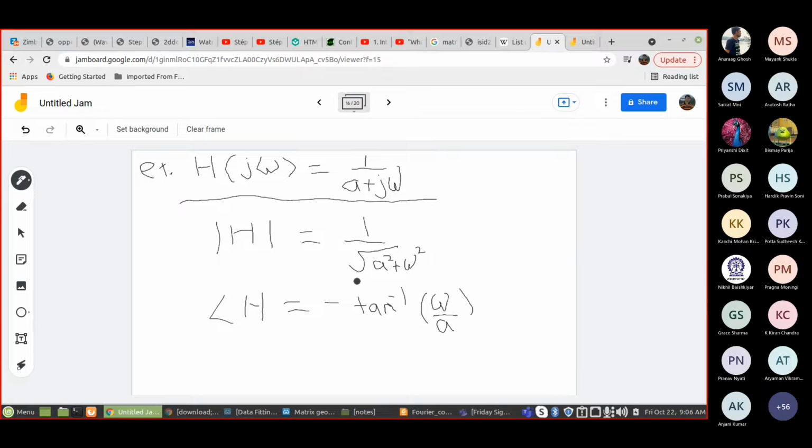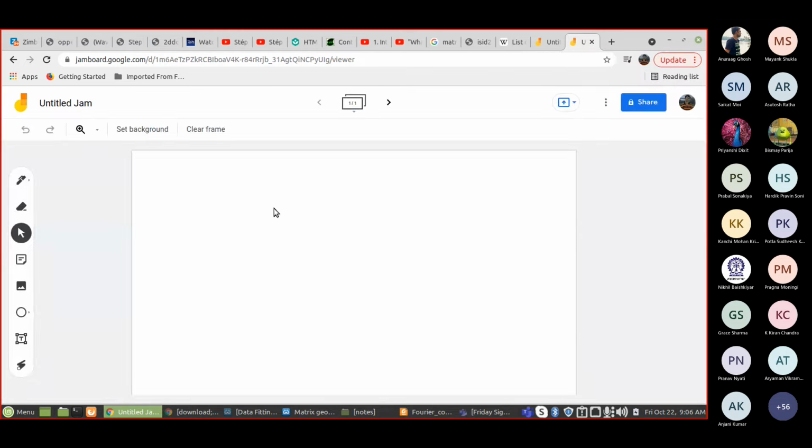Its phase response is tan inverse of omega by a, and there is a minus sign because this is in the denominator. So you can plot these things, and you can plot multiple phase and frequency responses for different combinations of